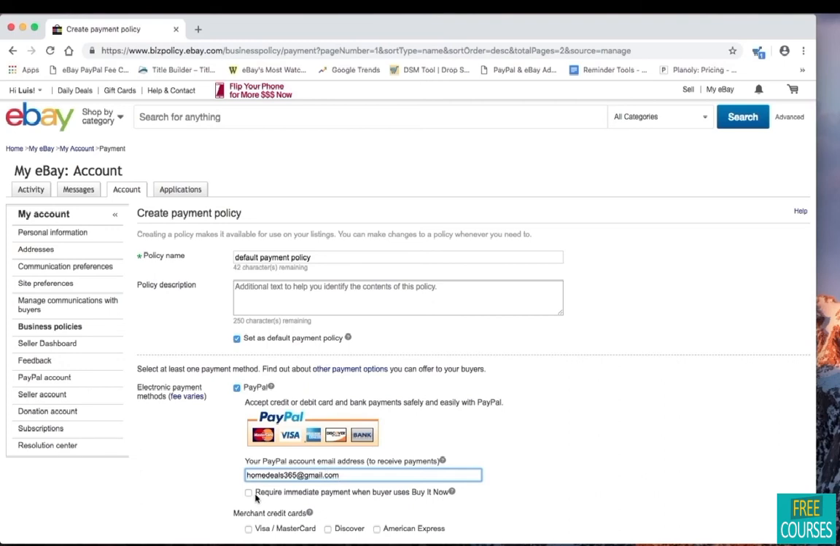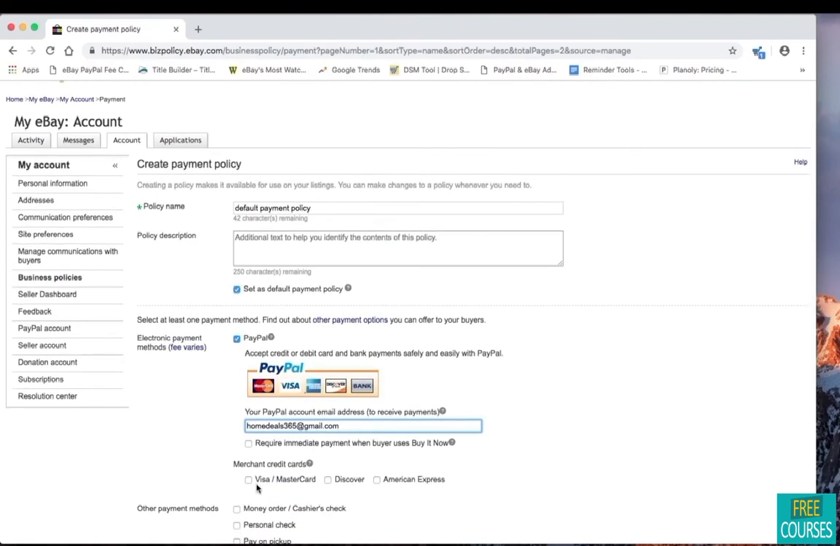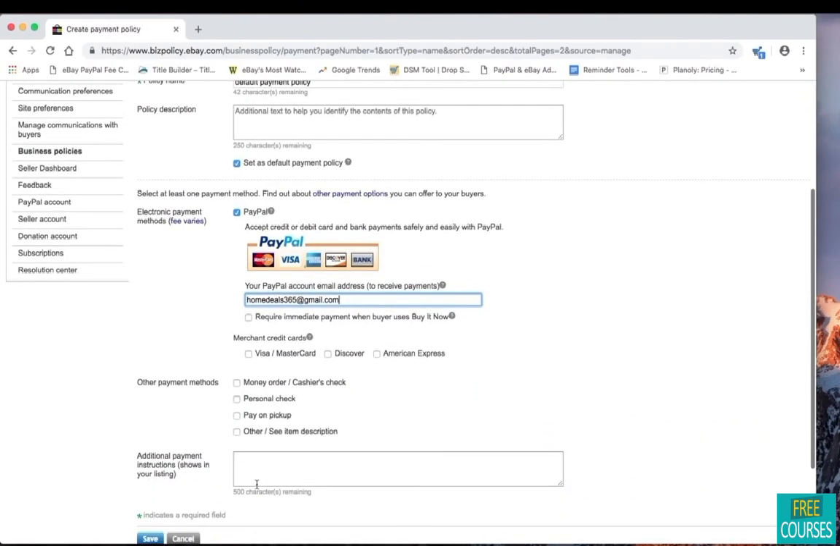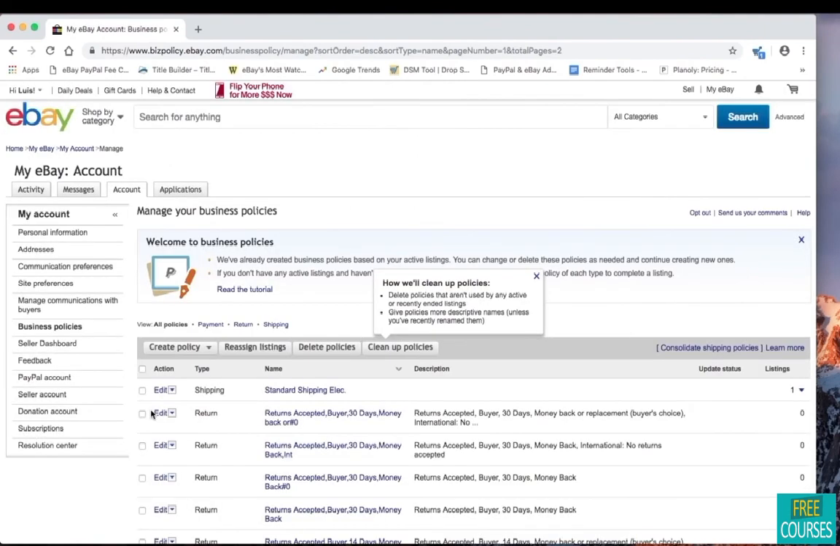Make sure you leave these boxes unchecked. If you checkmark these boxes, this will affect your sales, as buyers will be requested to pay immediately or they won't be able to buy your products. You don't have to worry about any of these other options. Let's just click save and let's move on to the next setting,